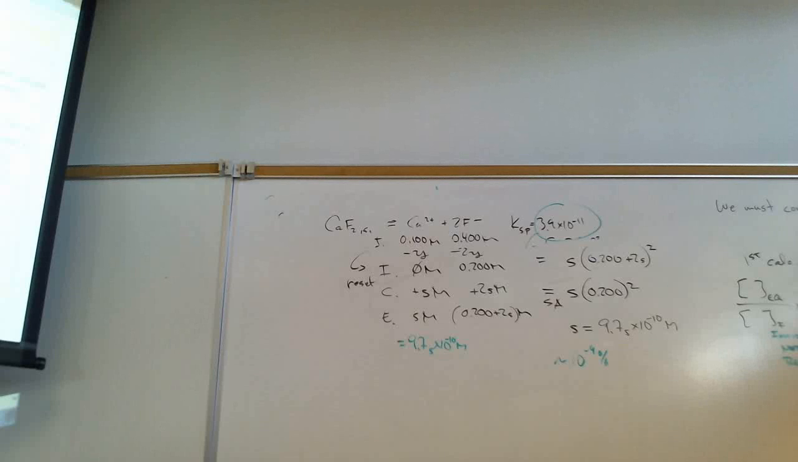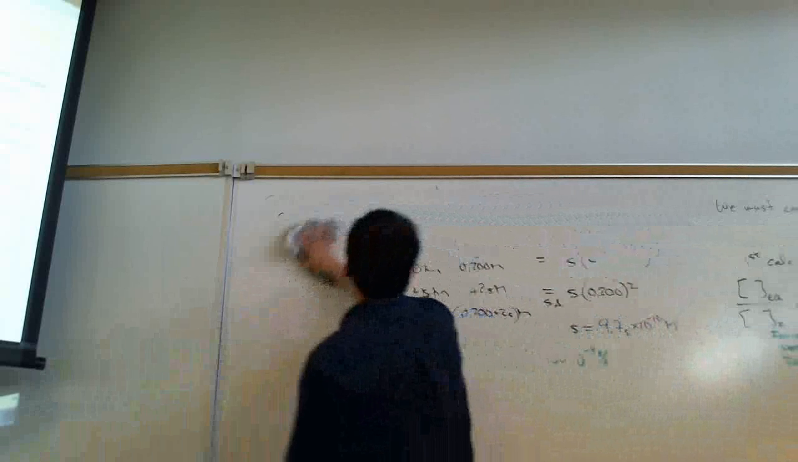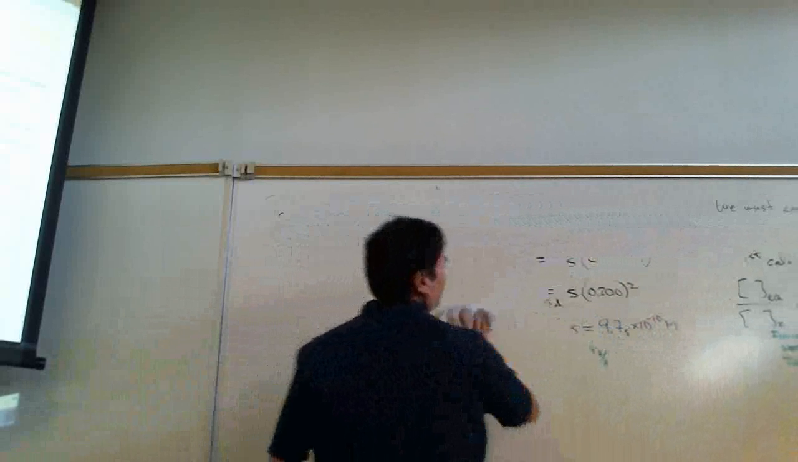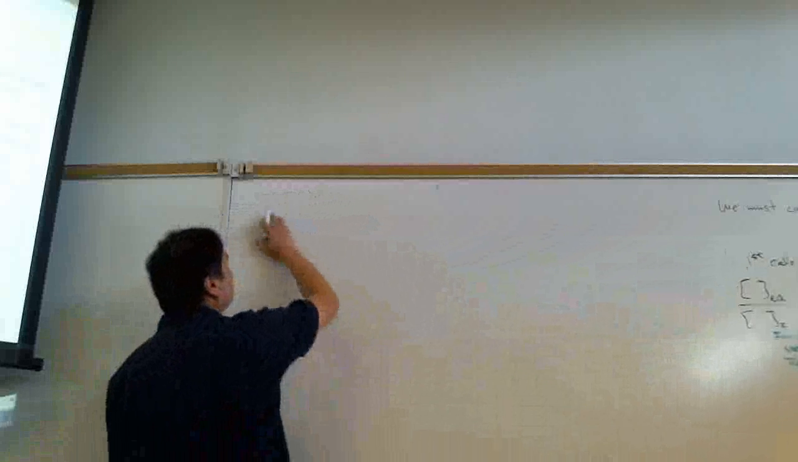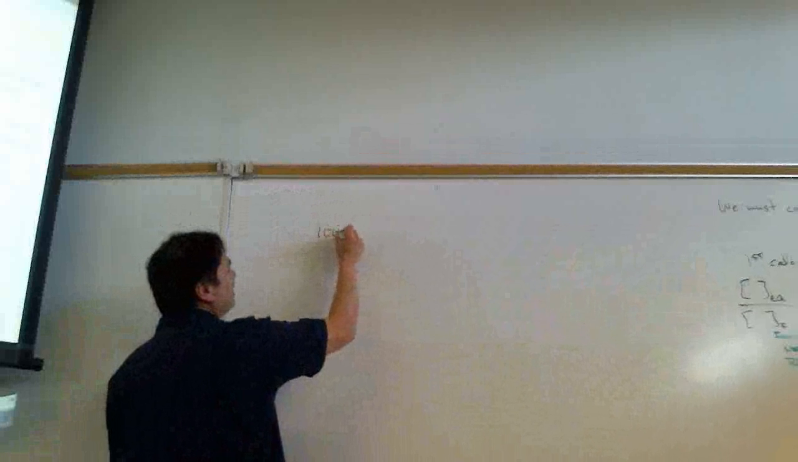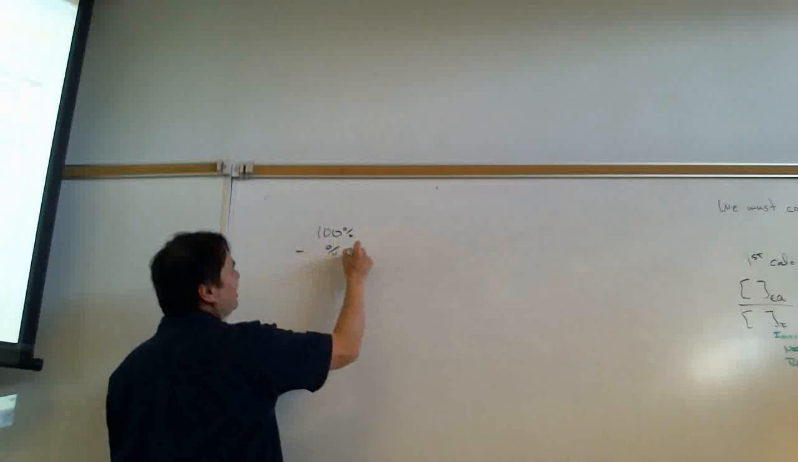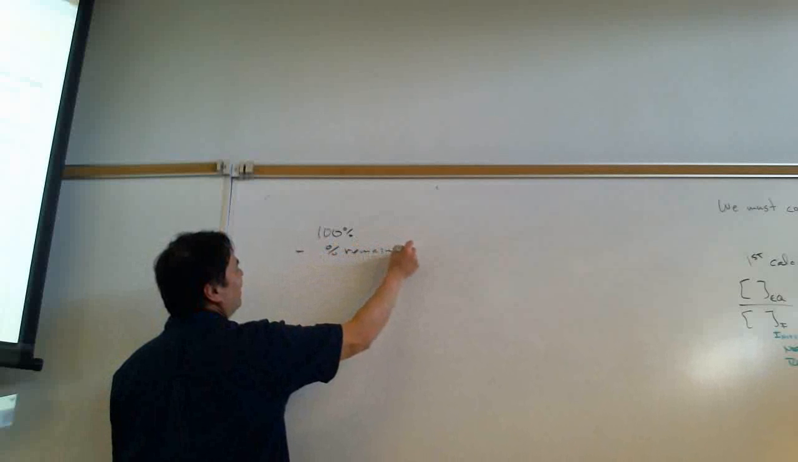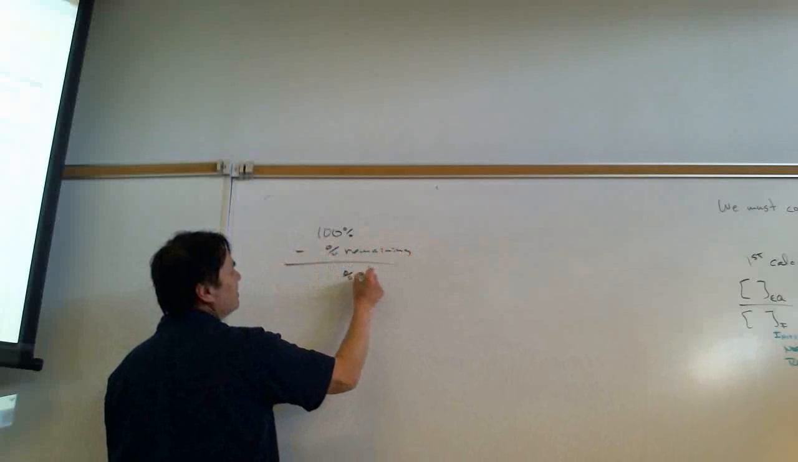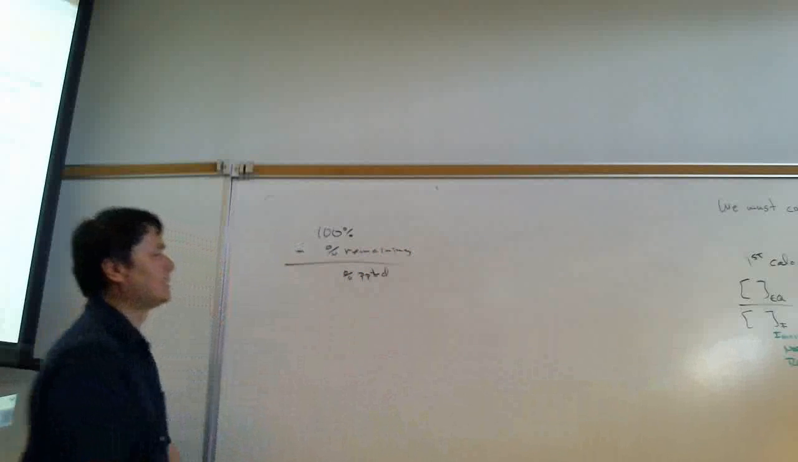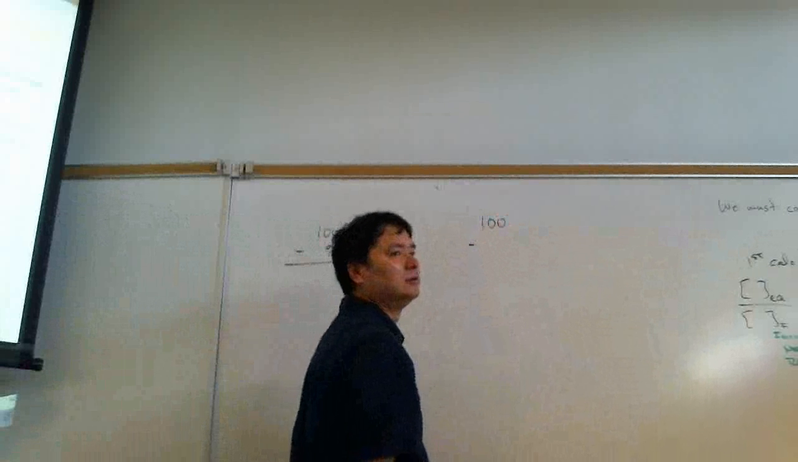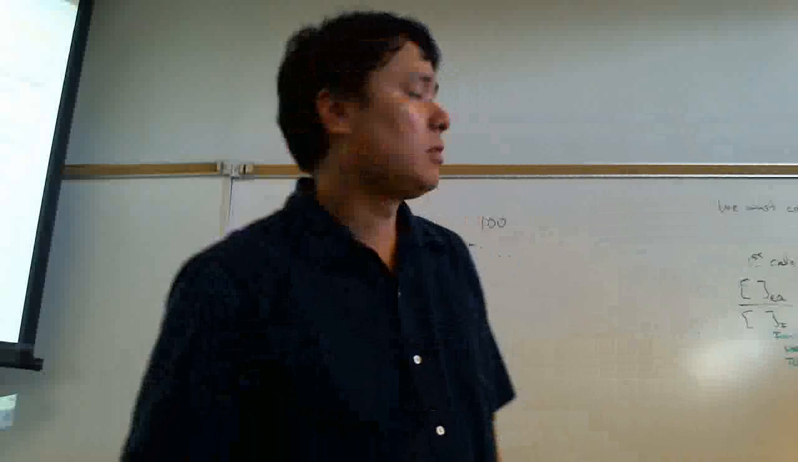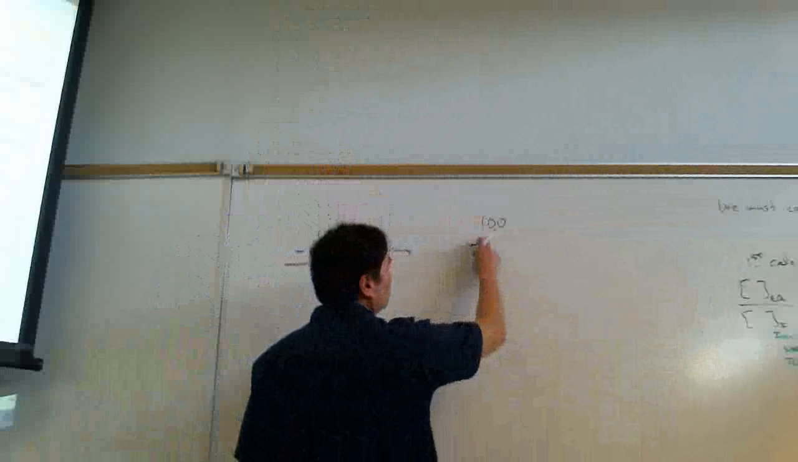If that's the amount remaining, how much did we precipitate out? The amount that we precipitated out is a simple calculation: it would be 100 minus the percent remaining. It's just 100% minus the percent remaining equals the percent precipitated. Okay. And so we'll do this. It's going to be 100 minus this. 100 minus